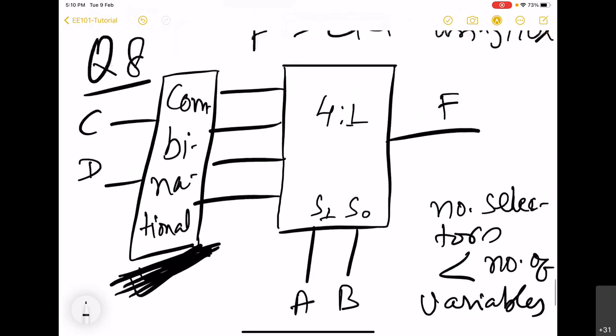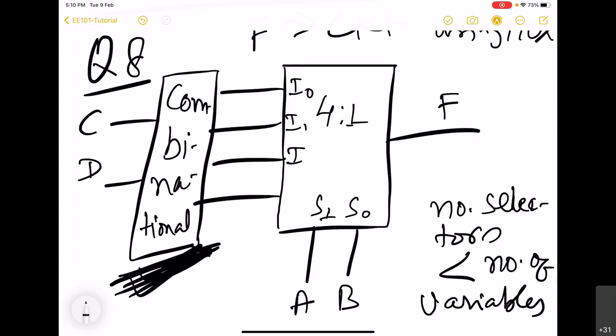Yes, sir, I have done it. Okay. When AB is equal to 0, 0, our final output, you can point out what it will be, say I0. I0 is directly D. Just a minute.